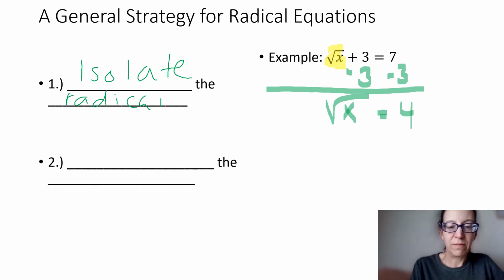Step 2. Once you have your radical isolated, and that might be 1 step, it might be 2 steps, it might be a couple of steps, like things that you need to do to get it isolated. So once you have it isolated, then you are going to,